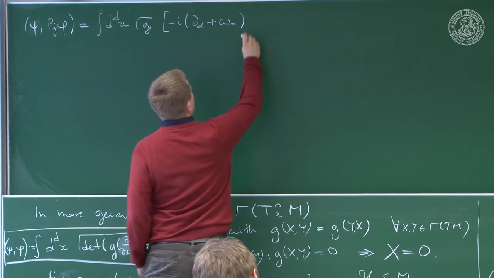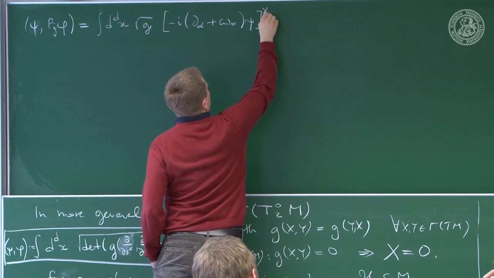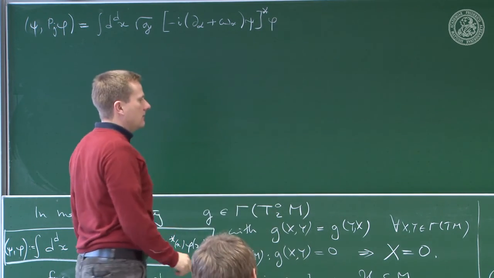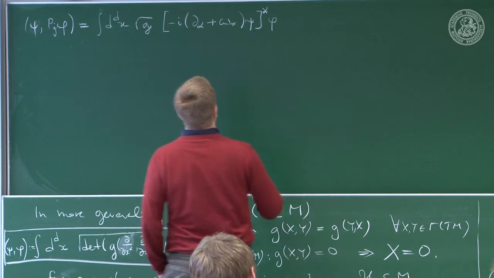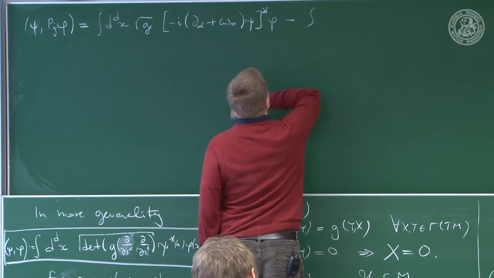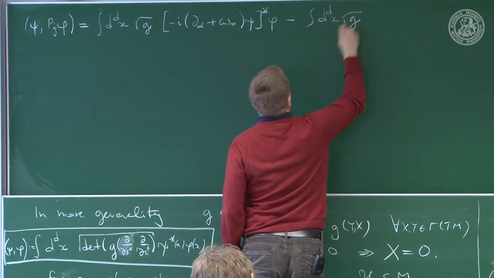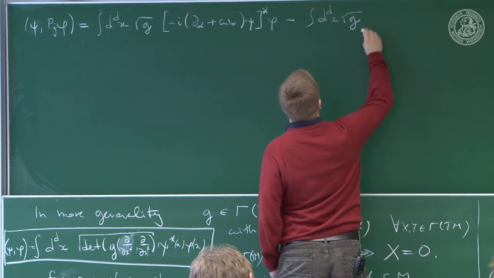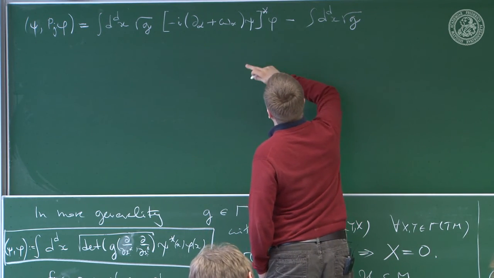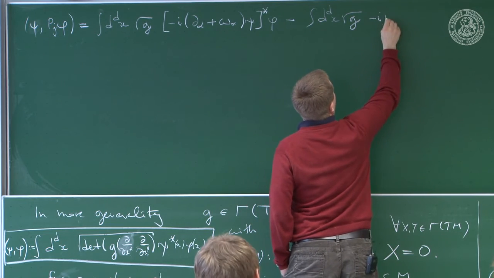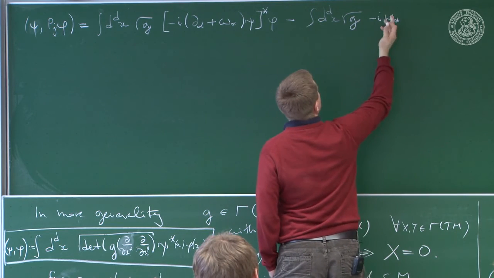And then we only let it act on the psi star, and there's a phi left. We need to compensate for this term, so we need to subtract what we added, d x squared root of the determinant of g, and we added minus i omega alpha, but the whole thing starts, so we